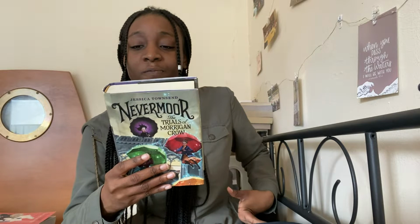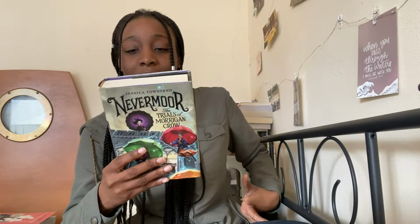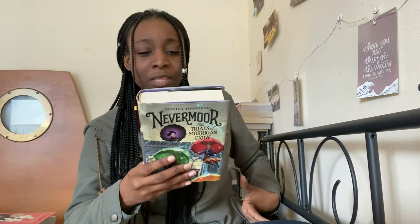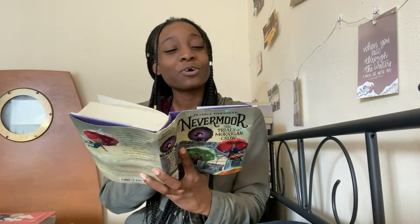The back just says, "Morrigan felt a swirl of panic and elation. This was her second chance, the beginning of a new life she never dreamed she'd have. Was she going to ruin it by breaking both her cursed legs, or worse, splattering herself all over the ground? There was only one way to..." Oh, wait. I think this might just... Okay. That wasn't the summary, because I was so confused. Like, what? Okay, so this says...